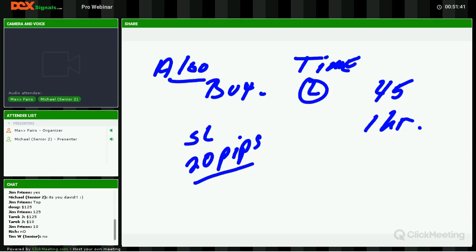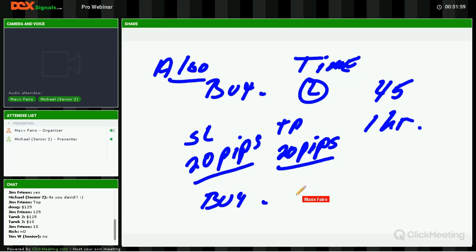Yep. And we say we're going to teach you how to do that. You know, start it off right away at 20 pips on that side, and do a take profit at 20 pips on the other side immediately as soon as you put the trade on, because time is of the essence. As soon as that signal comes out, you got to get it on. So once you get it on in Forex, now you have a trade on, right? It says buy, it'll say 20 pips on the one side and 20 pips on the other.